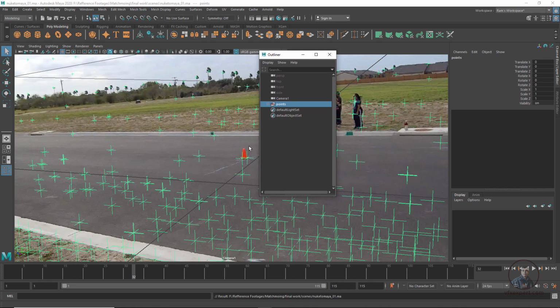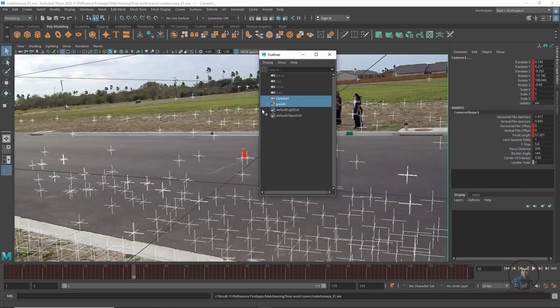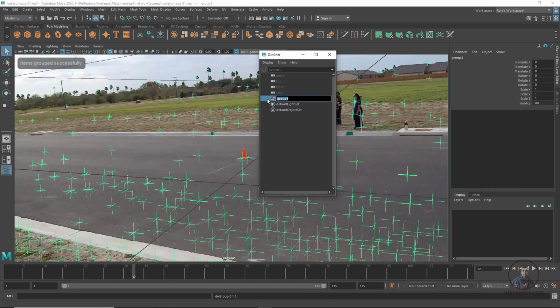Now after this, before importing anything or doing anything, first we have to create a scene group. After that you can orient your scene, all these things. Okay, so I am going to create a scene group. So points group and camera you have to select like this. It is important that again first you create a points group, then select point group and camera. Okay, so I have selected, again press Ctrl G, then double click here, give a name, scene group or whatever.